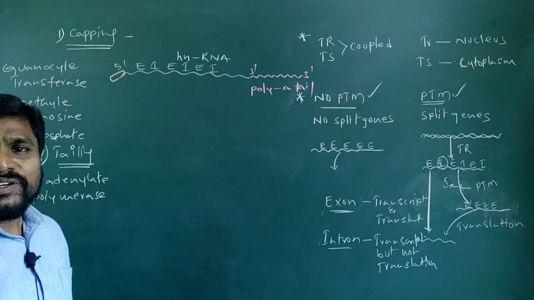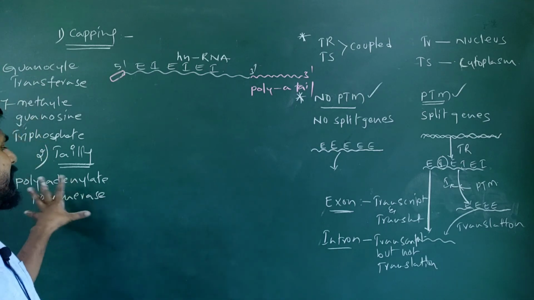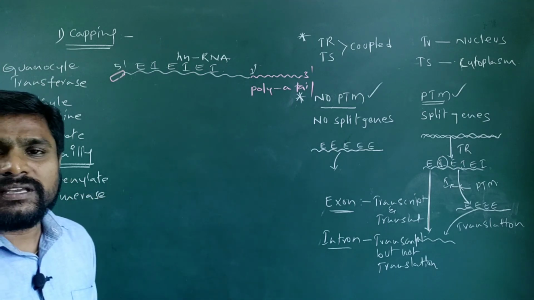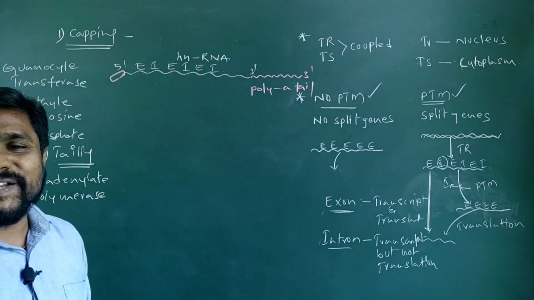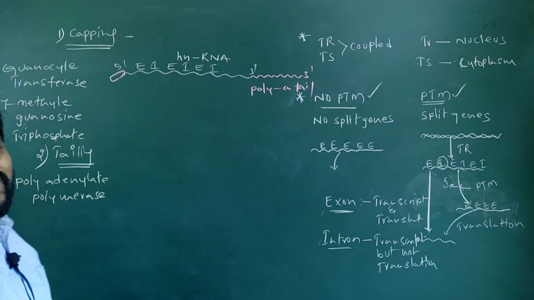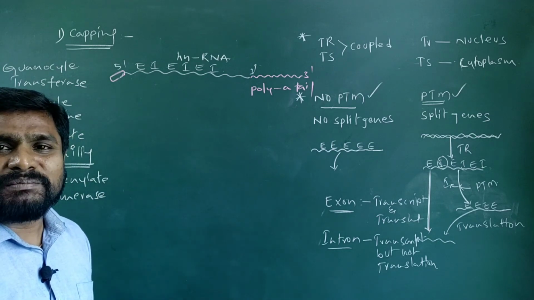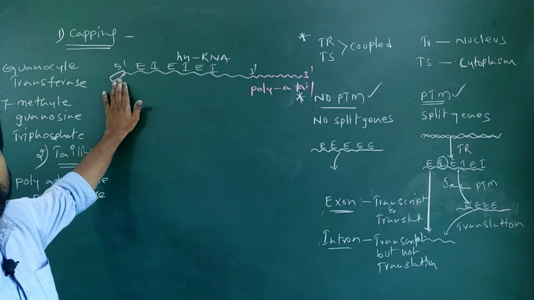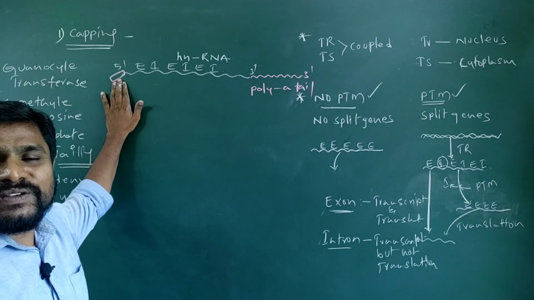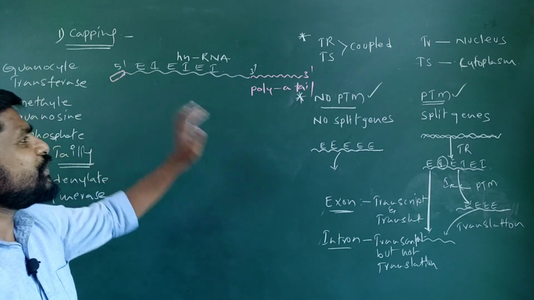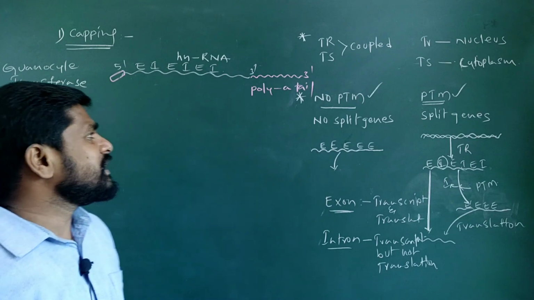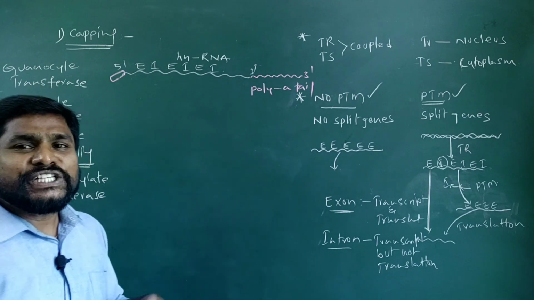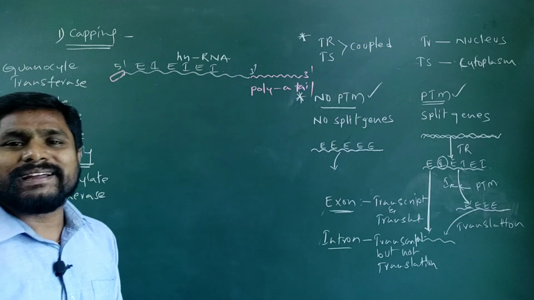these adenylate nucleotides at the 3' end, this enzyme doesn't require any template. This is also a template independent reaction. Here also guanosyl transferase doesn't require any template for the addition of this unusual nucleotide, 7-methyl guanosine triphosphate. What is the function of this polyadenylate tail? The function is it involves in the stabilization of this primary RNA transcript